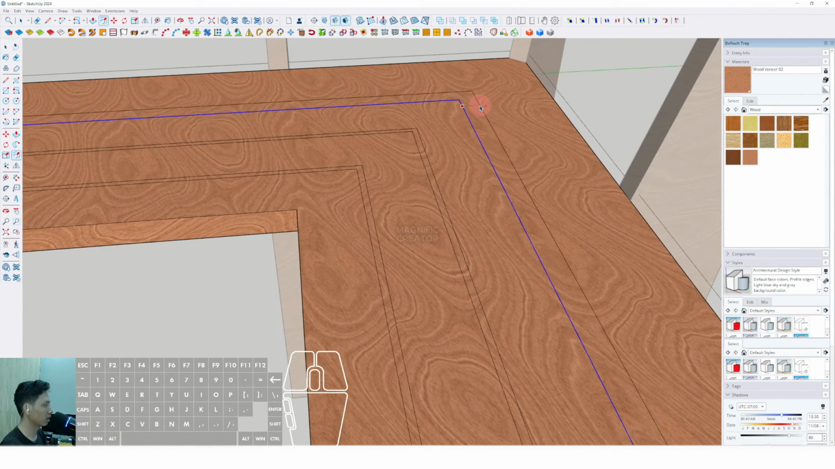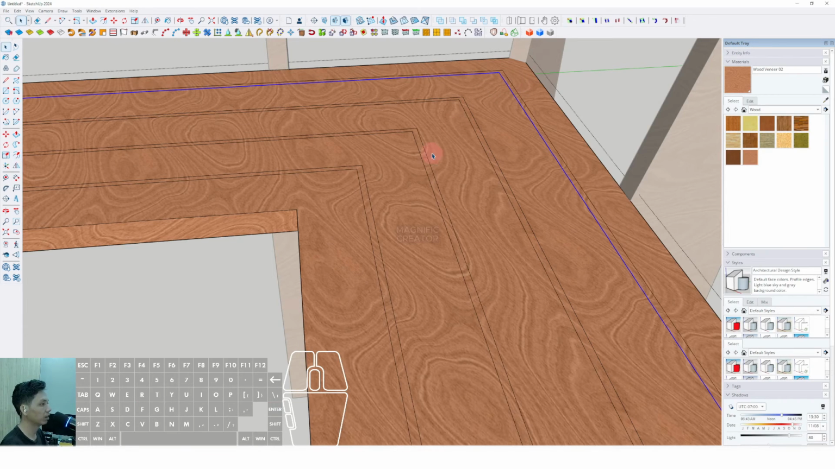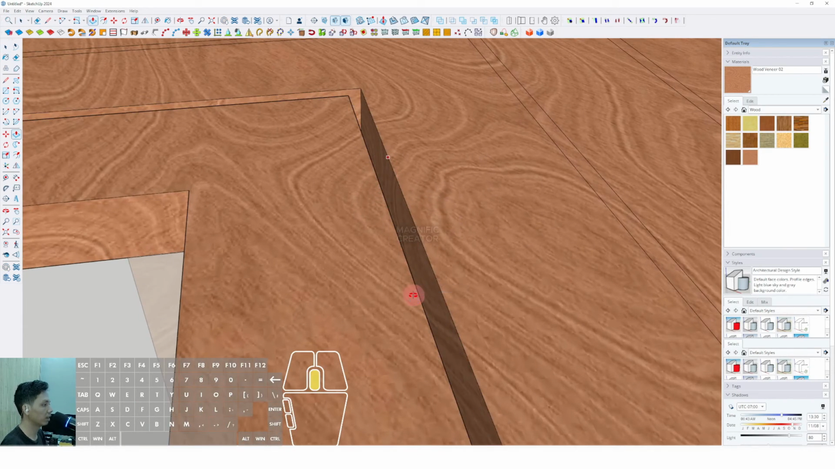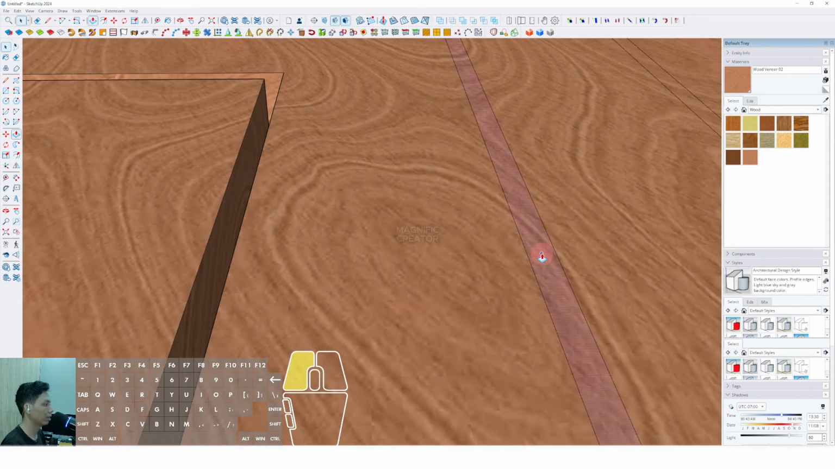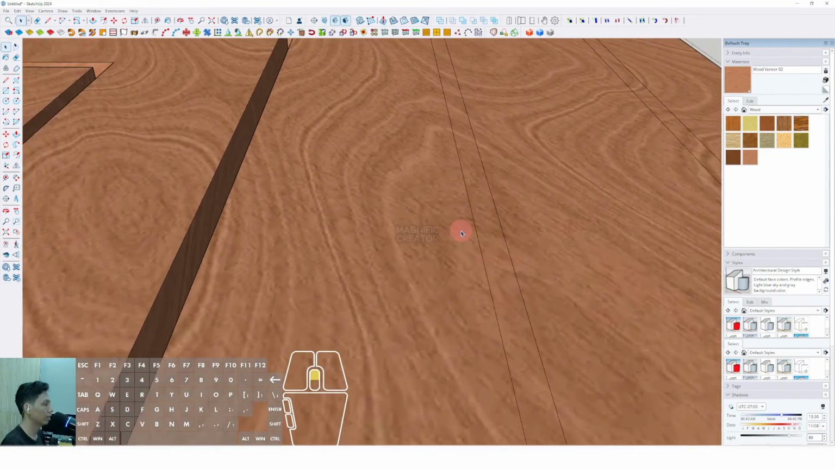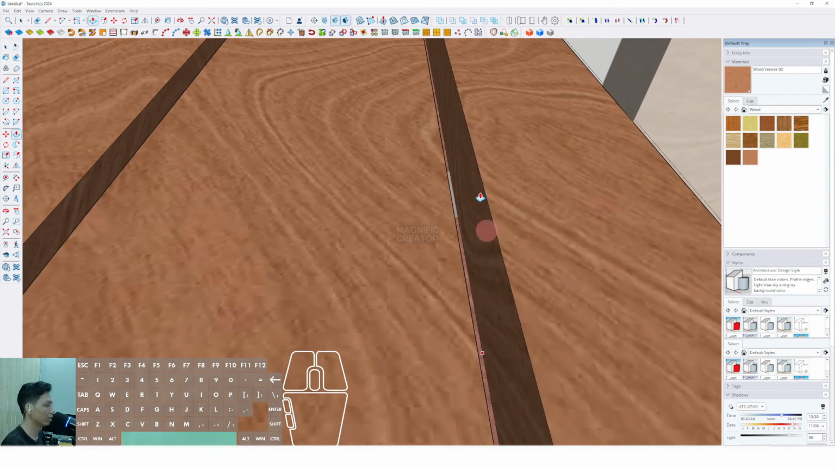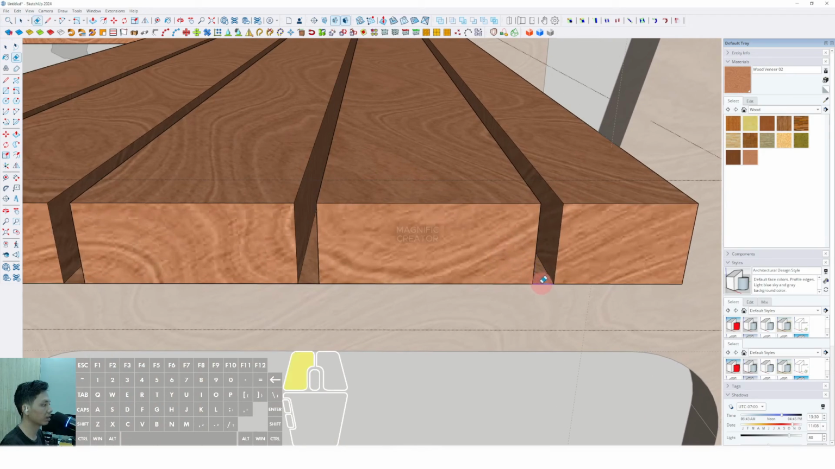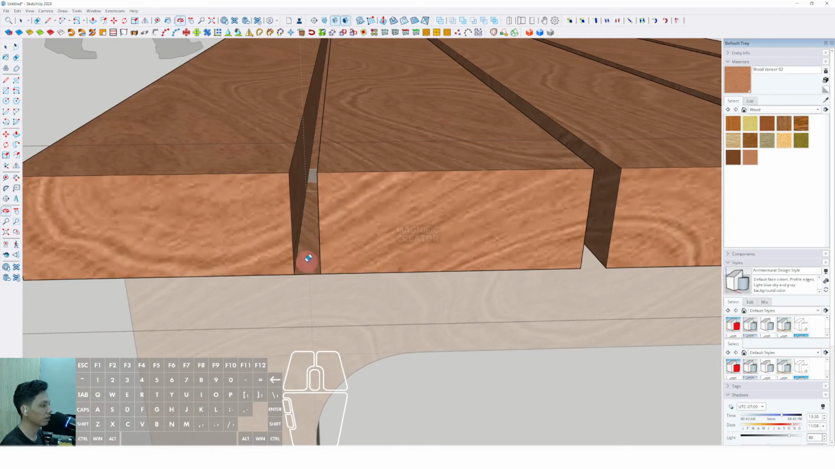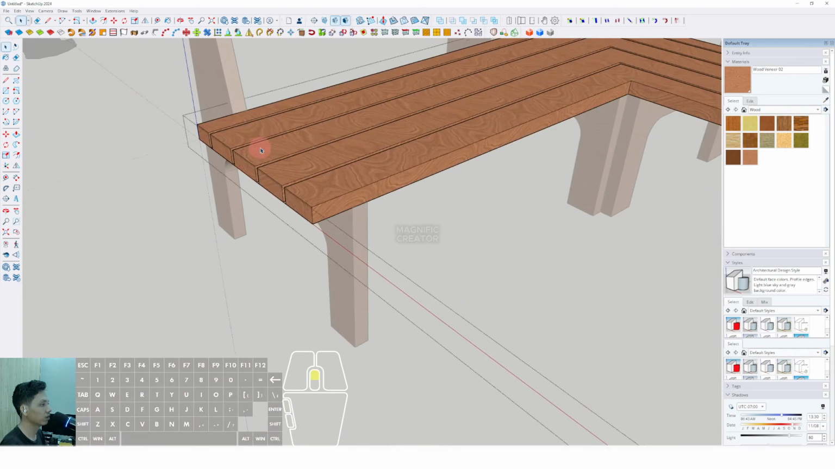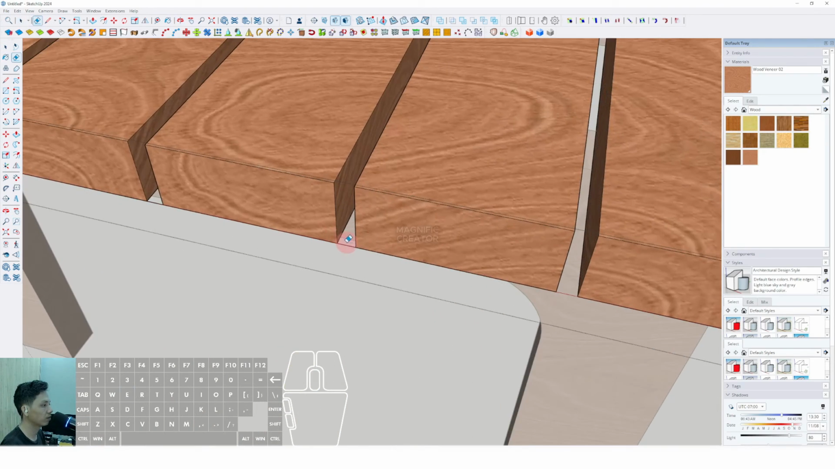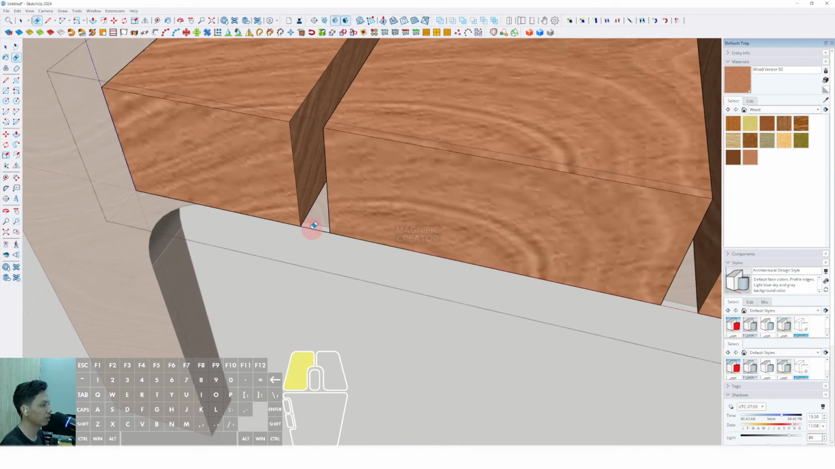We can type 10 millimeter. Okay, we can type 100. We can offset it outside 10 millimeter and push it down. Okay, then we can push it down until the limit. Then we can erase some unnecessary line over there using the eraser tool, so it could be clear enough for every single space between the wood